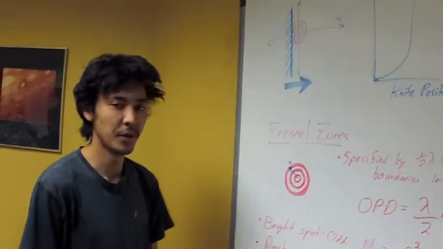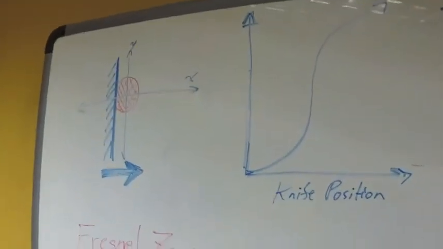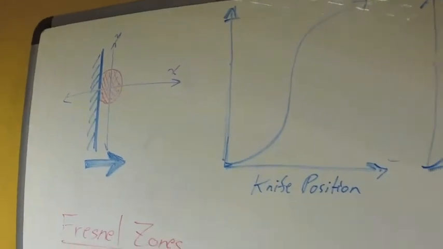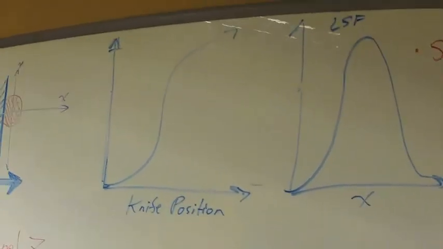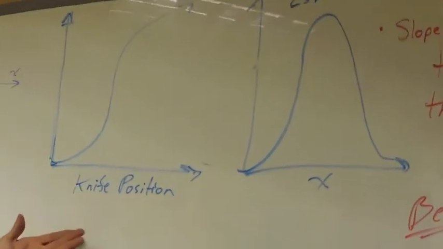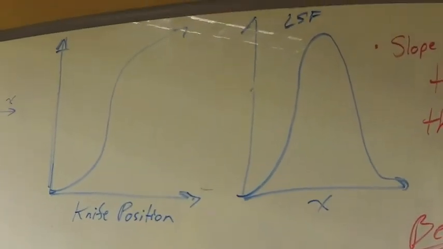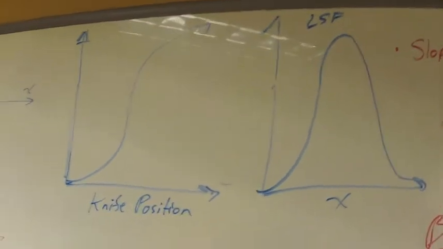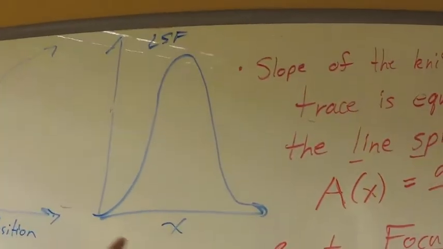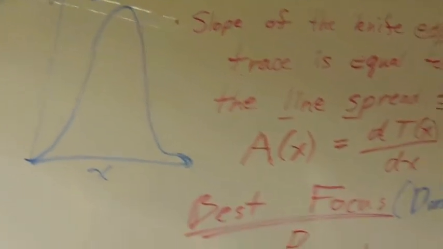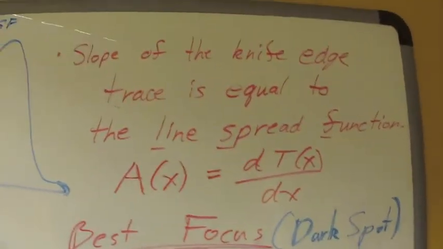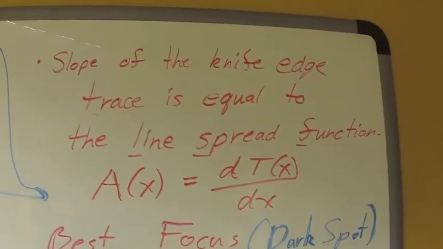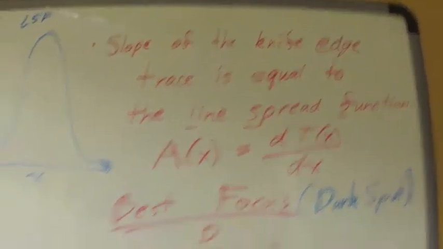For the experimental portion of this lab, we used a knife edge test as we had done in previous labs, where we basically just move the knife across the beam waist and collect the irradiance and measure that over knife position. Here is a typical graph of what you get from the raw data for the knife edge test, and here is the LSF plot, which is essentially the slope of the knife edge trace. Here's the governing equation showing that,